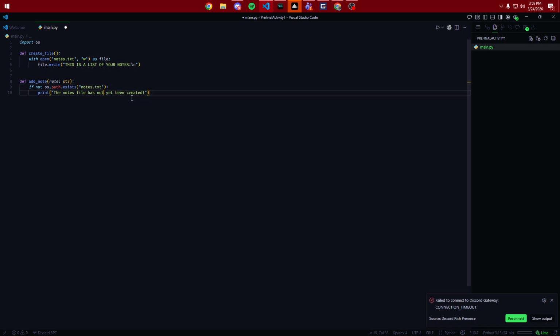Then otherwise, actually no, let's do an early return because this is a function. So let's do an early return. Now if it does exist, then with open notes.txt, do a